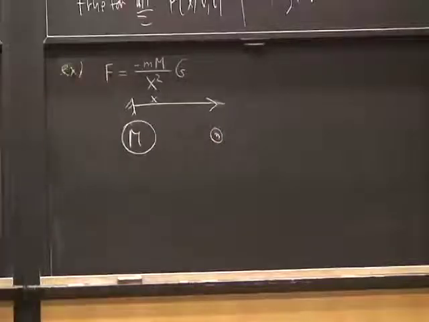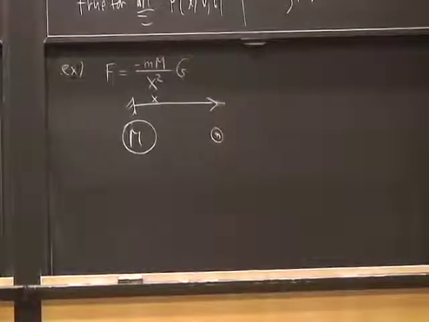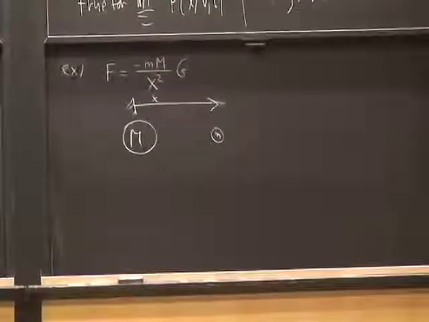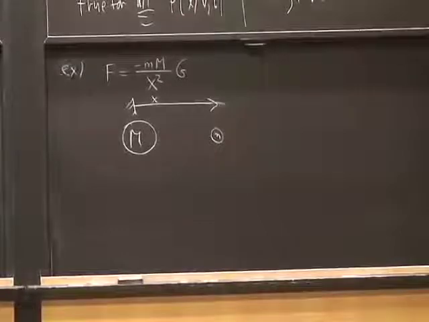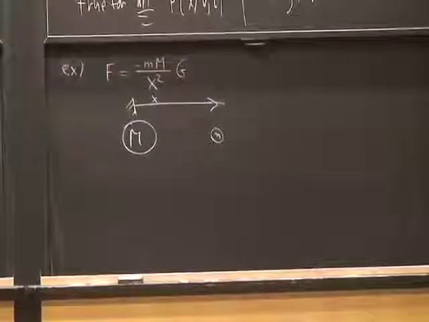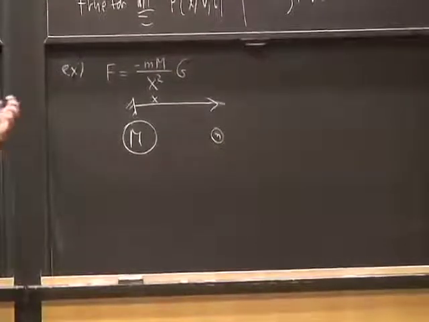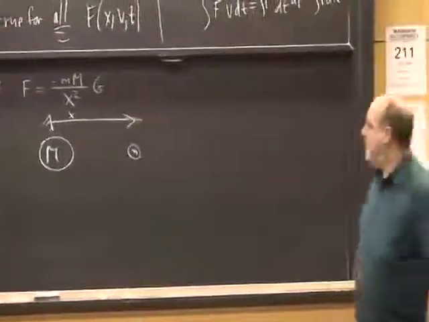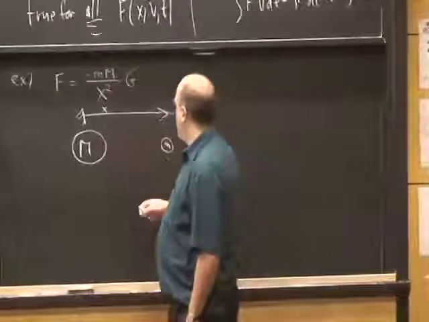And this is the case of, say, the sun and the earth. If we want to think of this as a one-dimensional problem, we're imagining the sun and the earth, and they're not rotating around each other, they're just in a line. And we're interested, for example, in what the motion of the earth would be if we just let go of it some distance from the sun. How would it fall into the sun? Well, it would fall according to this